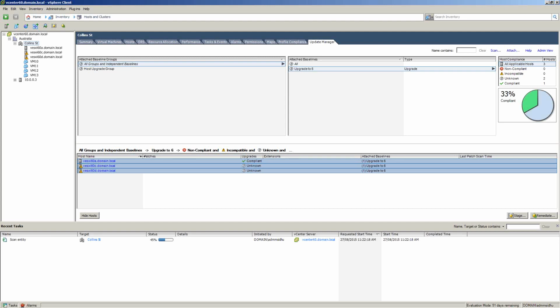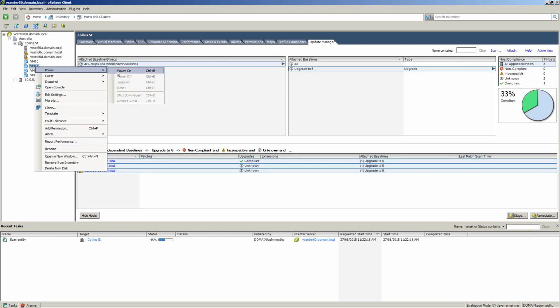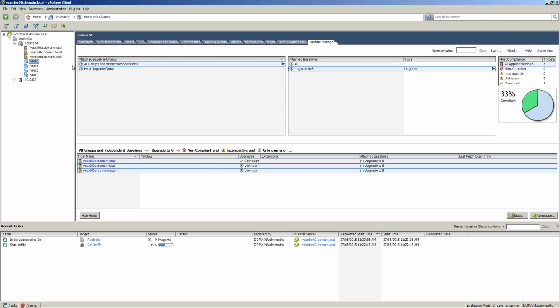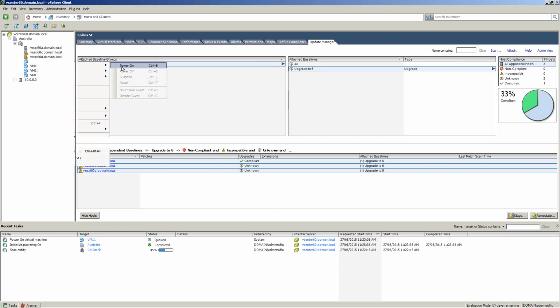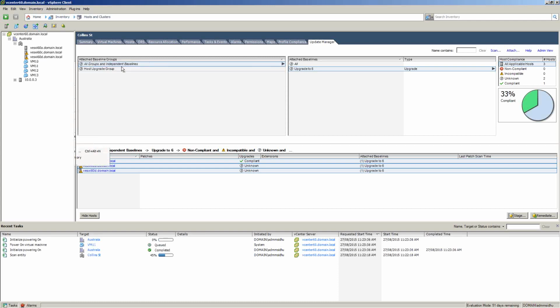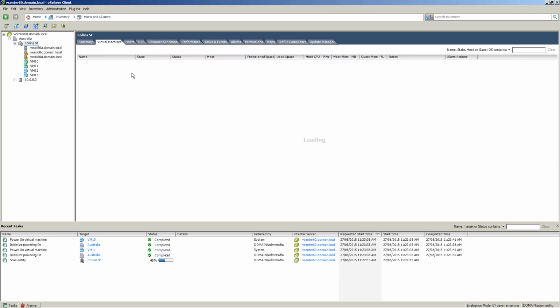When I did my dry run, it didn't take this long. In the meantime, I'm just going to power up a couple of VMs just to demonstrate the behavior of powered on VMs and powered off VMs. But just quickly see where these VMs are sitting. So ADC, so AZ, okay, brilliant.